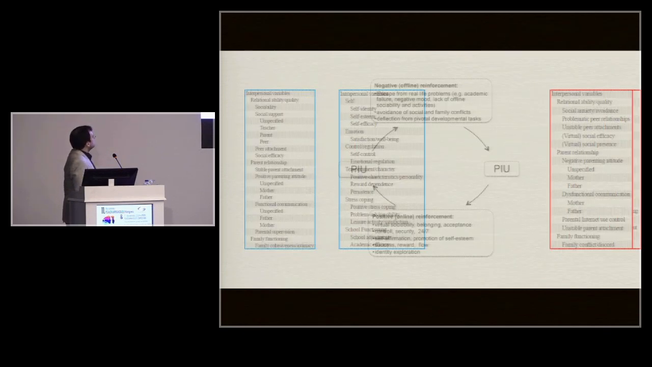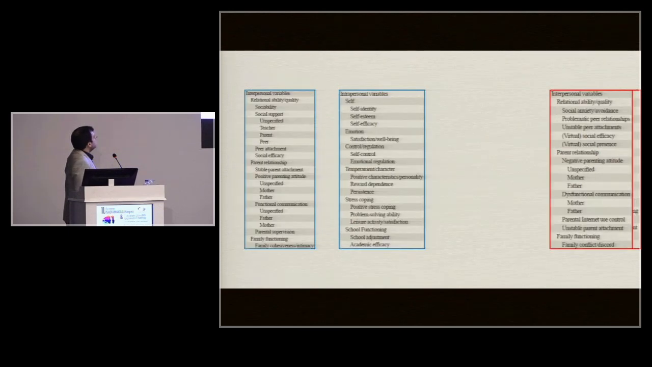My slide here has slided a little bit. So if we see a table here on interpersonal variables, we're talking about sociability, social support, self-esteem, self-efficacy, well-being, satisfaction,